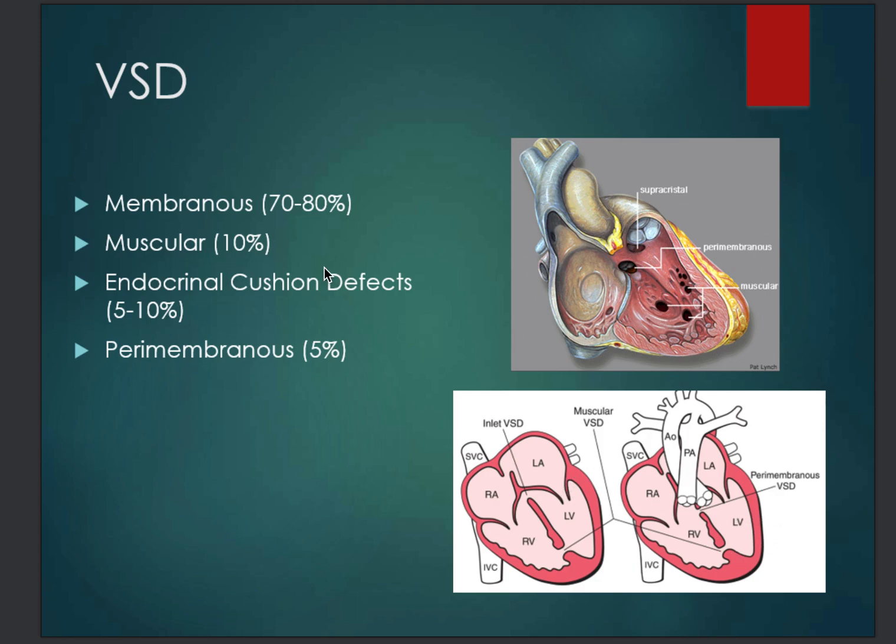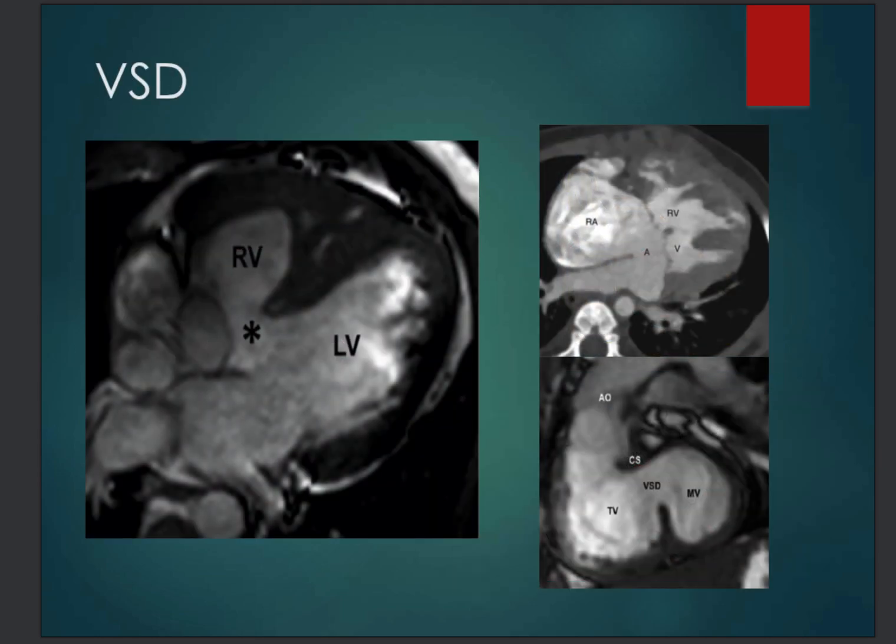And of course, it's important to discuss the size and the location with the interventionist, because sometimes they would be able to close percutaneously rather than with surgical options. Similar to an ASD, we need to comment on the type, the size, and the hemodynamics. So it's important to exclude pulmonary hypertension and any associated congenital anomalies, and to see whether the shunt amount correlates with the size